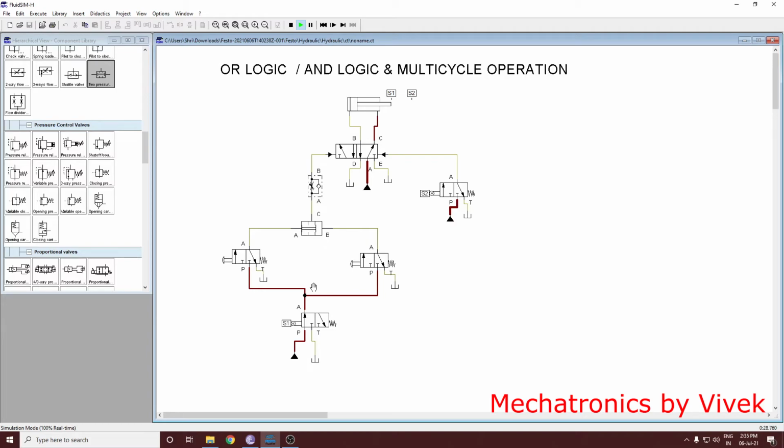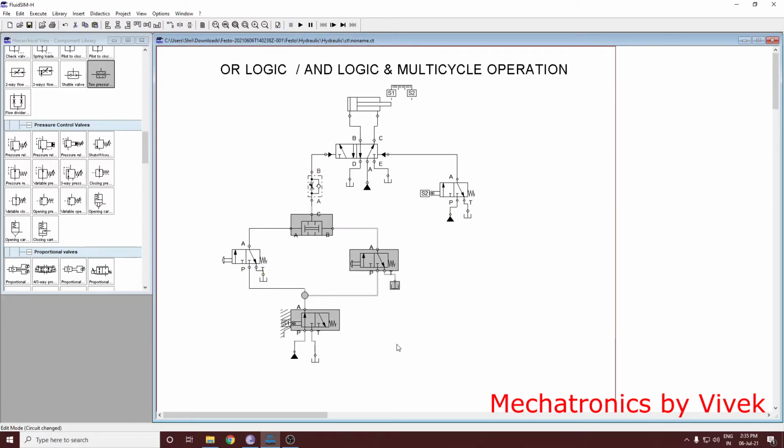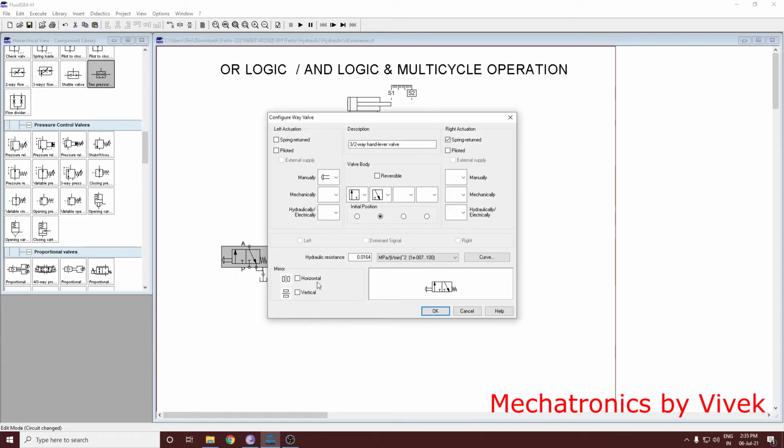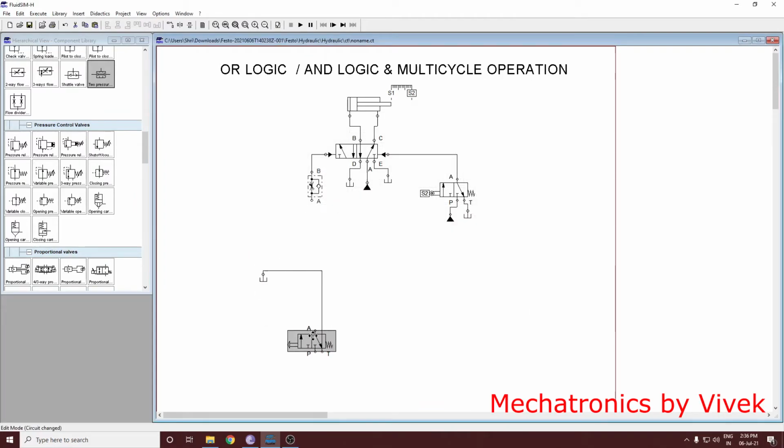So what you can do is, like we did in the earlier conventional hydraulic circuit, instead of using this valve, you can use two 3x2 valves, one below the other. We will just try that. Okay, the second method of having AND logic. So for that purpose, we will remove this portion of the circuit and we'll drag this below.